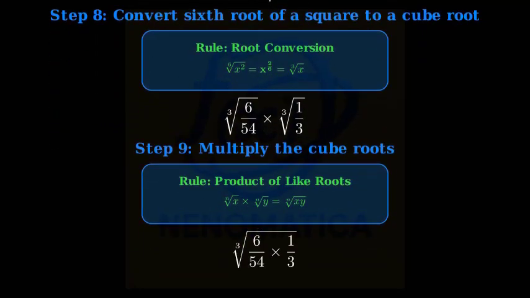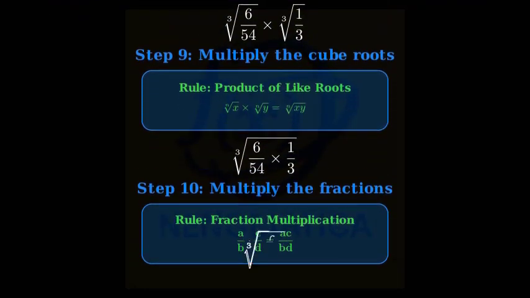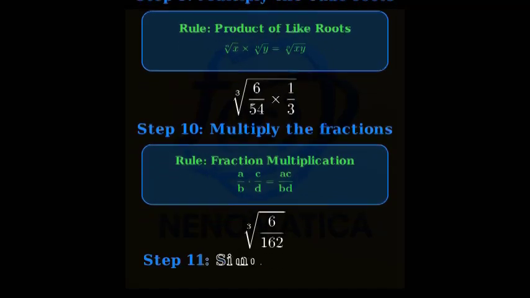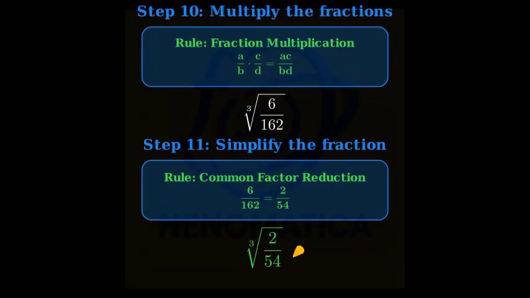Step 10. Multiply the fractions inside the cube root. 6 over 54 times 1 over 3 equals 6 over 162. Step 11. Reduce the fraction by dividing numerator and denominator by 3, giving 2 over 54 inside the cube root. Quick challenge. Can you